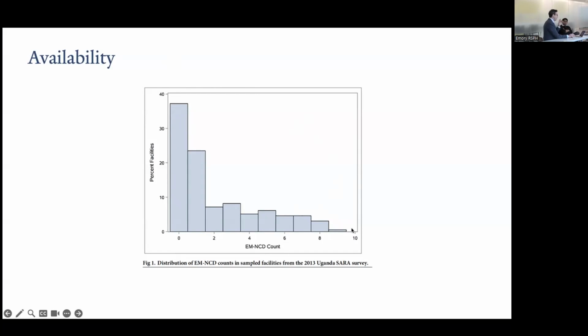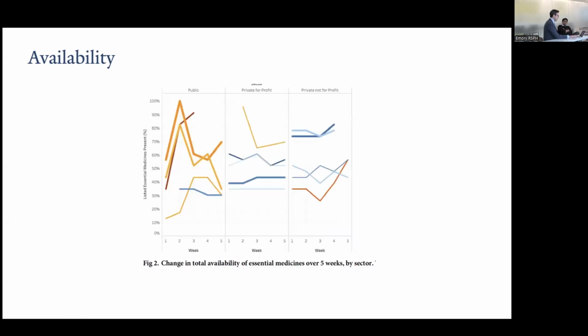And there are limitations in these data. They're often cross-sectional, and we know that supply at pharmacies is variable and dynamic. But just again, to paint a picture that this is really what folks are dealing with: low availability of these medicines. We also know that, as I said, it is dynamic. And so we looked at a 5-week period and collected data on availability of these medicines in public, private for-profit, and not-for-profit sectors, and showed a lot of variability, changes in availability over time of some of these essential medicines for chronic disease.